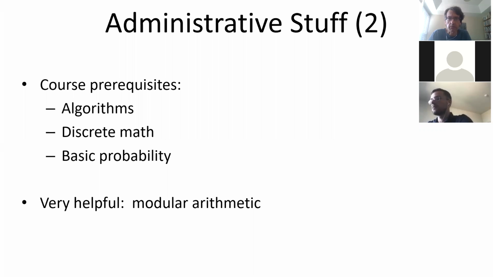The prerequisite for the class. There are no formal prerequisites, really. I guess there are some in the catalog, but we will use algorithmic vocabulary, so familiarity with algorithms is definitely a plus. We'll use computational theory vocabulary, like polynomial time or exponential time, and we will actually use the notion of reduction that you might not have encountered unless you're a theory person, ever since you took some sort of intro to computability and theory of computation class,